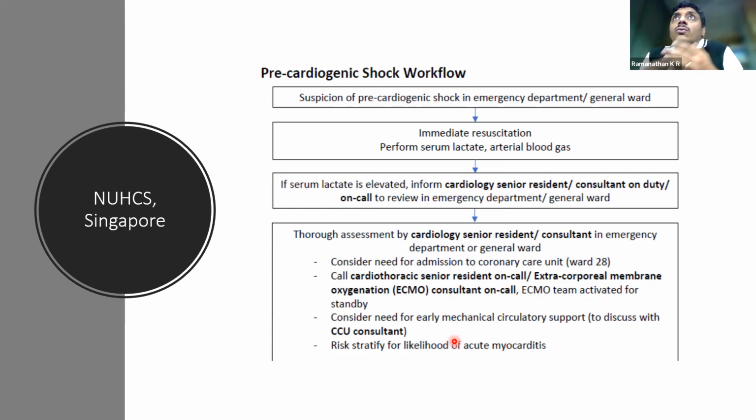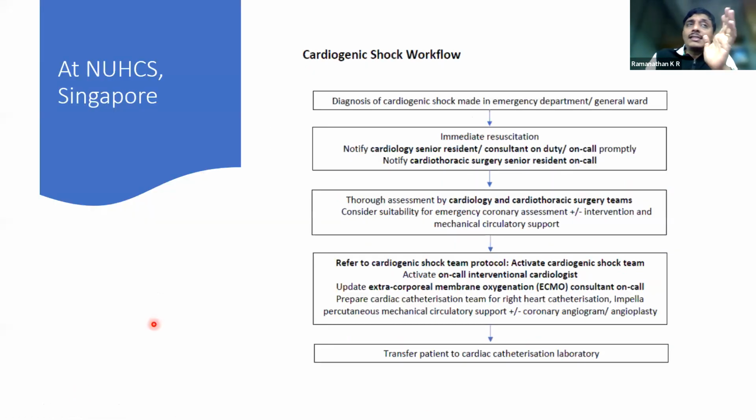Once they get to know whether the patient is in pre-cardiogenic shock based on certain important parameters, we have an algorithm that says these are the things that need to be done. This patient can either be managed in the CCU or in the general ward, depending upon what stage of pre-cardiogenic shock they are in. When they are being monitored closely, there are a few other things which the primary team would follow up on to make sure that they're not progressing to the shock state. And in case they progress to the shock state, or if the patient presents to the ED in the shock state, then there is immediate resuscitation,